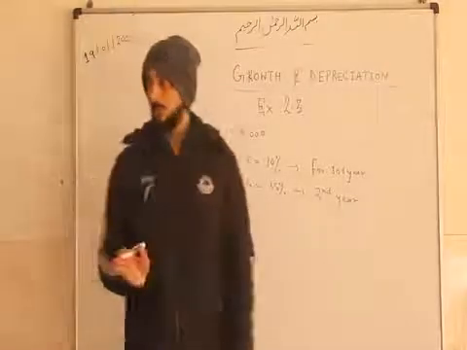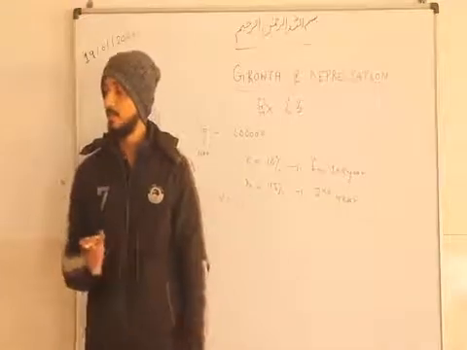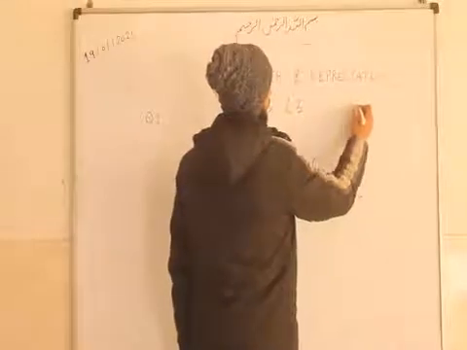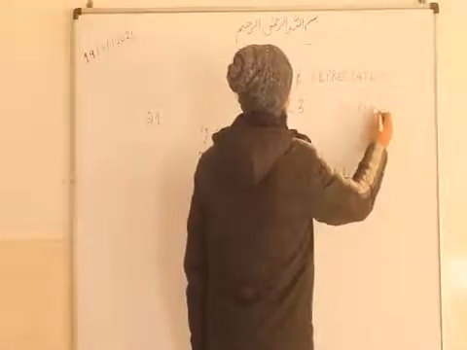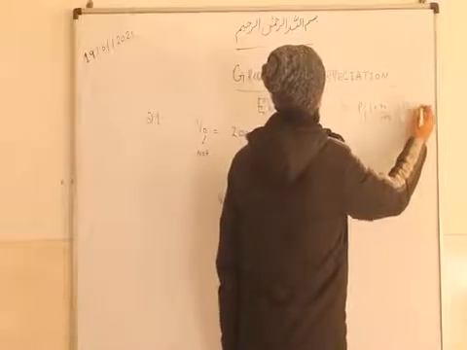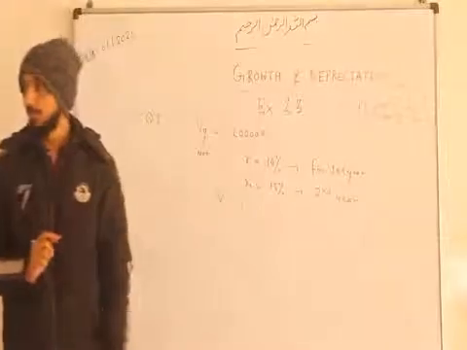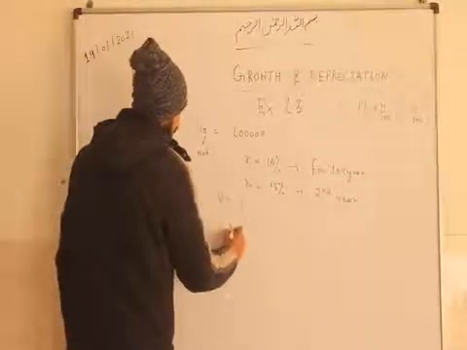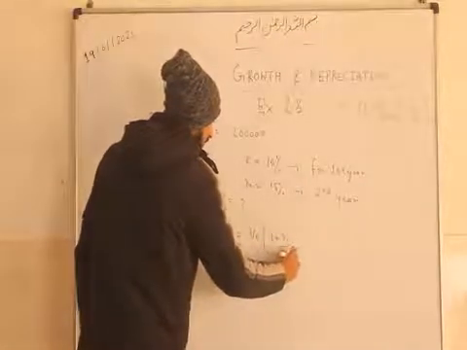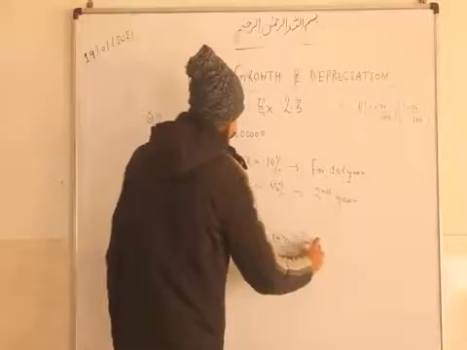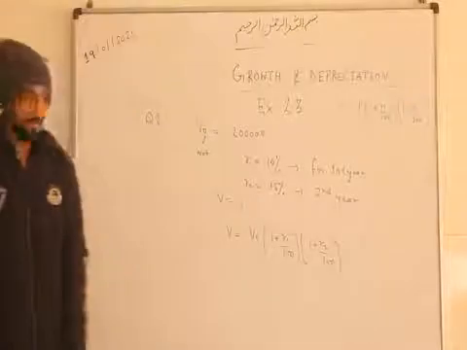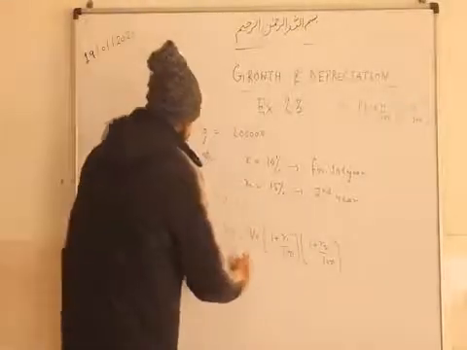So in the previous exercise, we have learned how we calculate the amount when the rates of interest are different. We know this formula: P into 1 plus R1 by 100, and we multiply this by 1 plus R2 by 100, right? So the same concept we will use here. So V equals V naught into 1 plus R1 by 100 multiplied by 1 plus R2 by 100, right? Just put the values and get the answer.